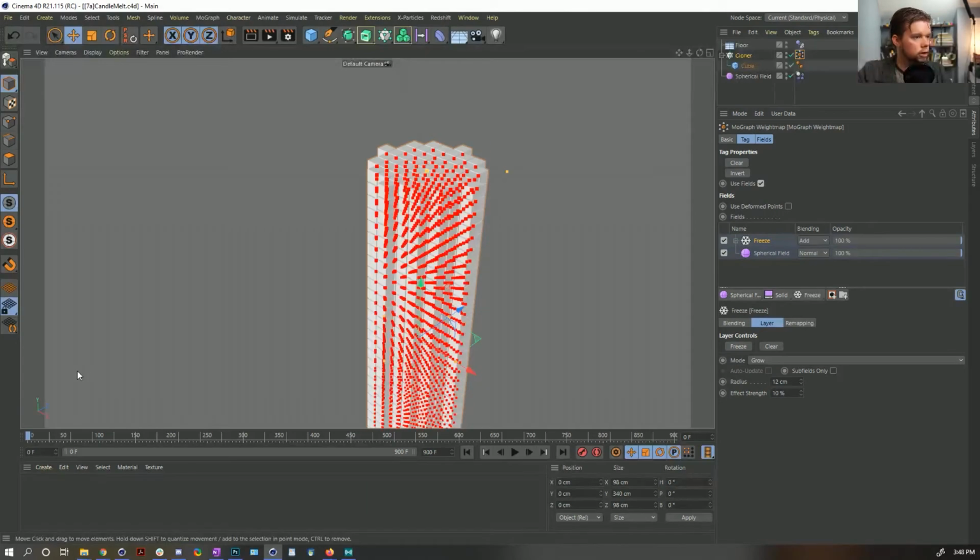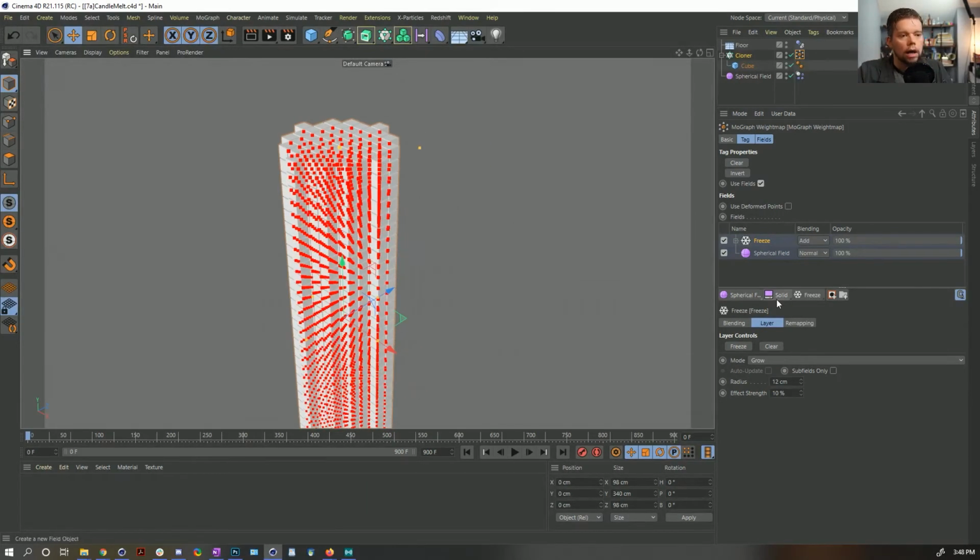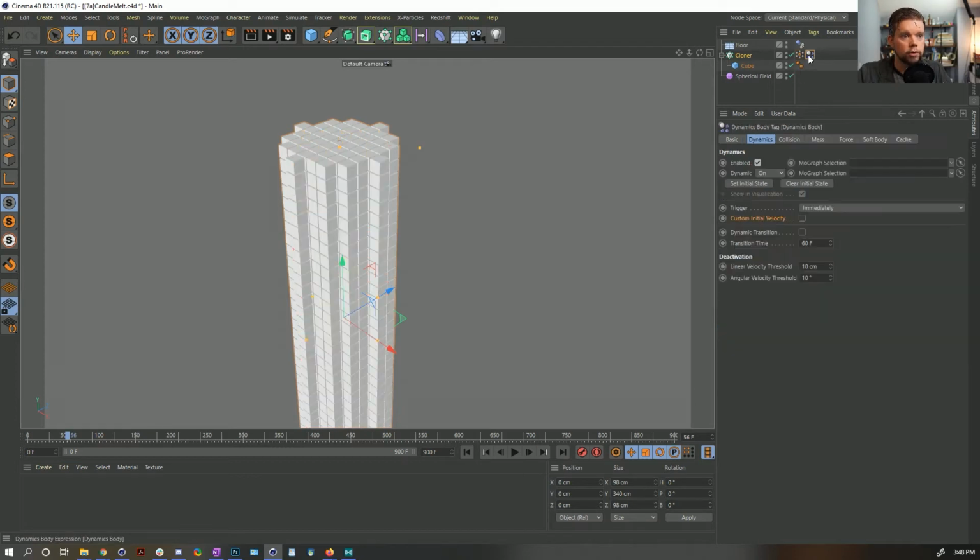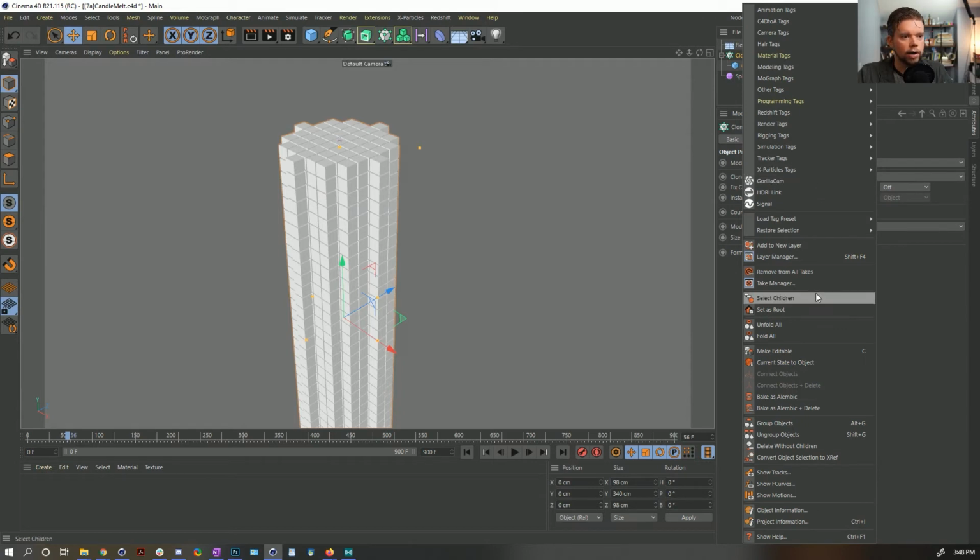Candle melts. It's a good question. I like this question. Okay, so we're going to have this grow, and as it grows, they become dynamic. So let's put the dynamics tag on and drag. Oh no, the MoGraph weight tag doesn't work. But we've got a trick up our sleeve. Let's go and grab a